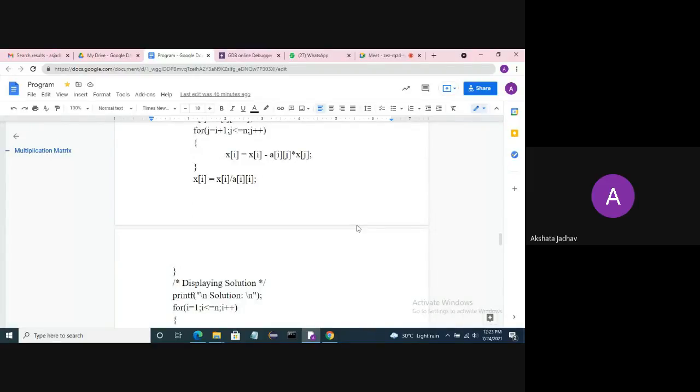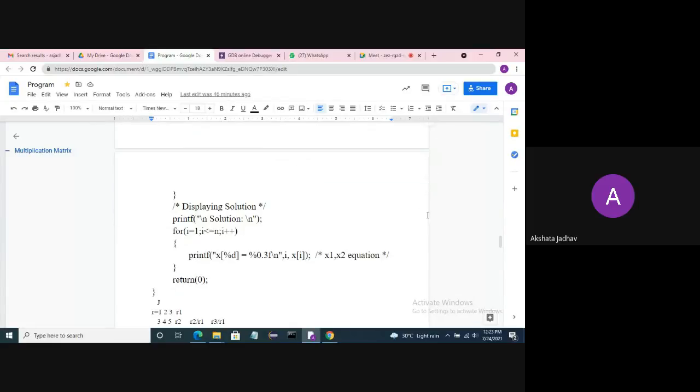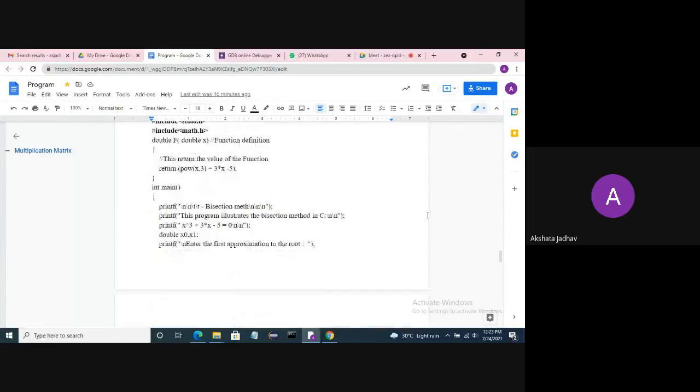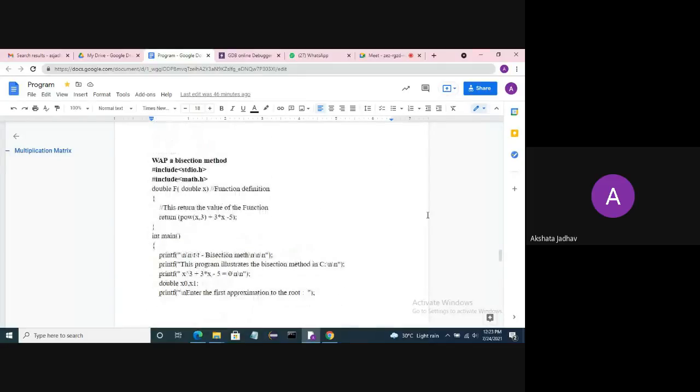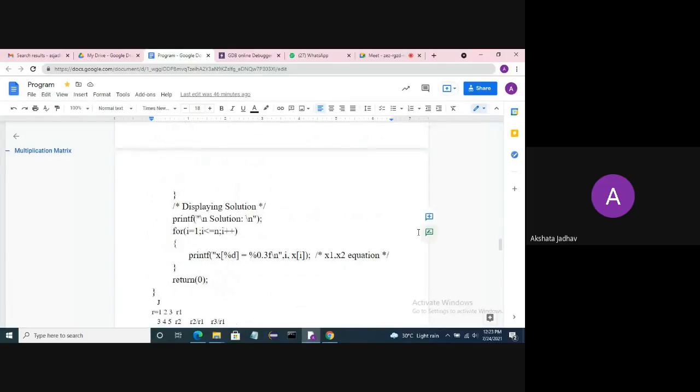I will go for the program in Turbo C7 from next week onwards. If you are having any problem in the Gauss elimination method, or from the first experiment onwards, do the program and tell me. Go for the Gauss elimination method because it is important for you, along with the Newton-Raphson method and Bisection method.